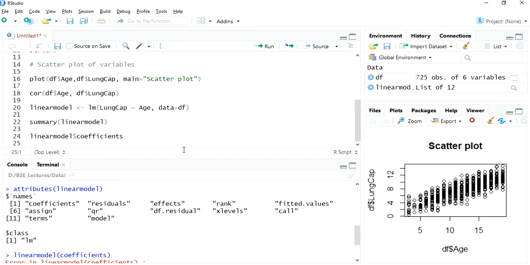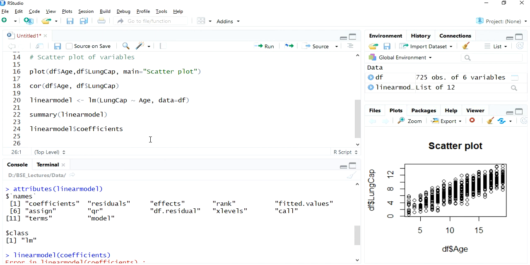Now by doing a linear model, we have actually found the line y is equal to mx plus c. If you look at this scatter plot, it doesn't have that line. So what I can do is say abline of that linear model.